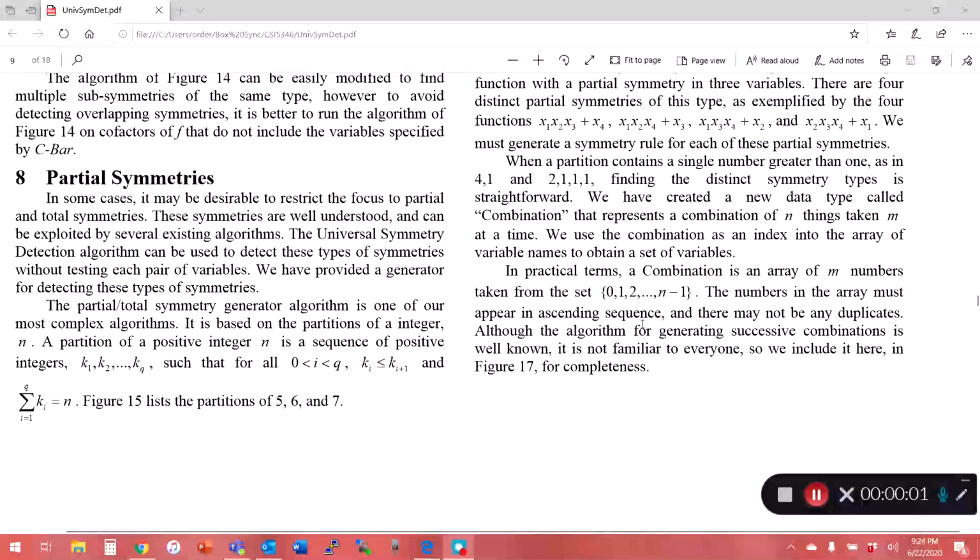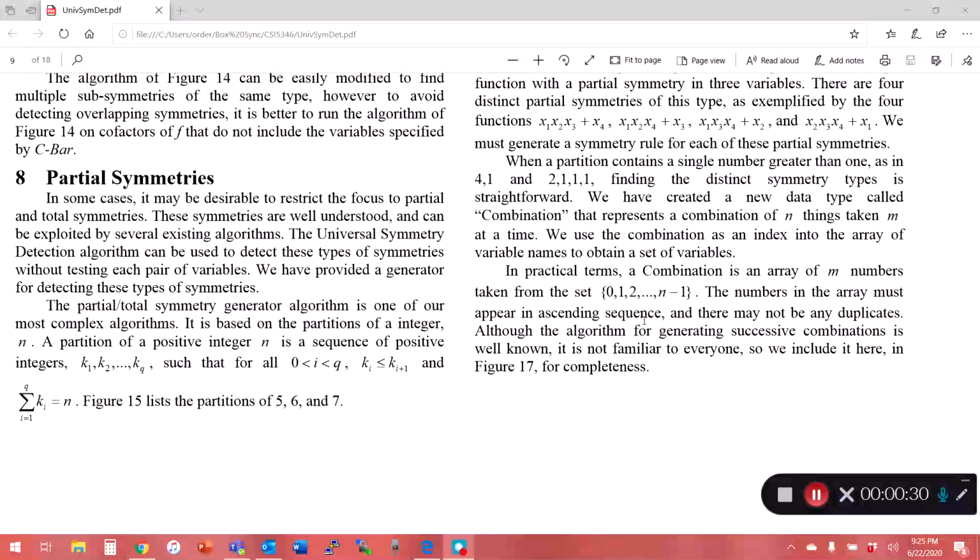In some cases, we only want to concentrate on partial symmetries and total symmetry. And the reason for that is that in most cases, we know how to handle these. So the first thing that we do, if we want to do just partial symmetries and total symmetry, of course, is we will generate